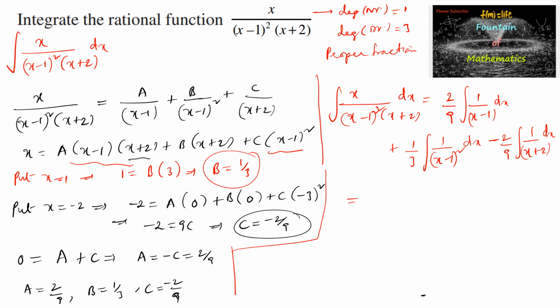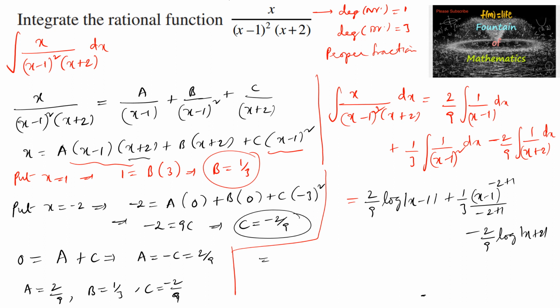So which is equal to 2 upon 9 times log mod of x minus 1, and here we can write 1 upon 3 times of x minus 1 whole to the power minus 2 plus 1 divided by minus 2 plus 1, and again here minus 2 upon 9 times of log mod of x plus 2,